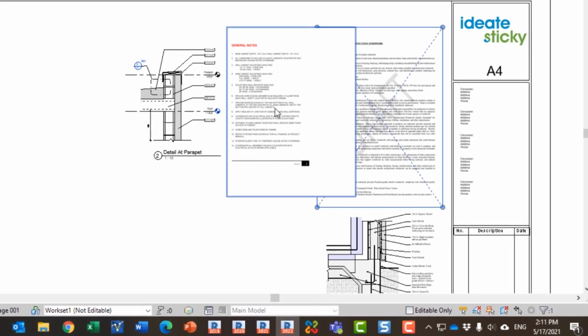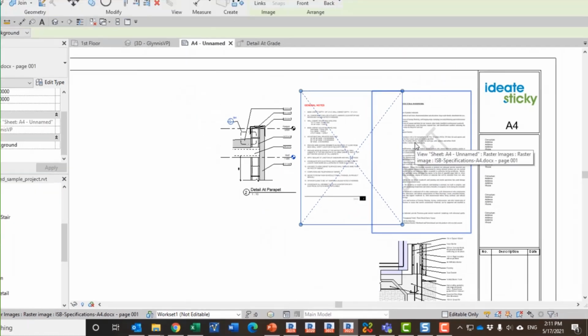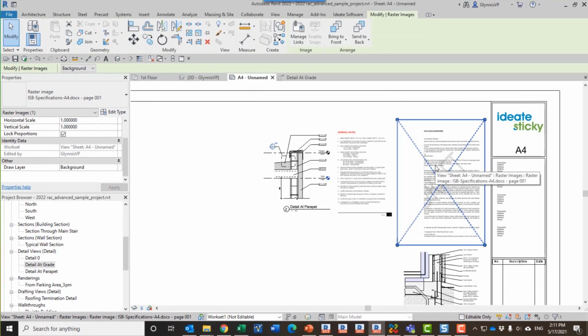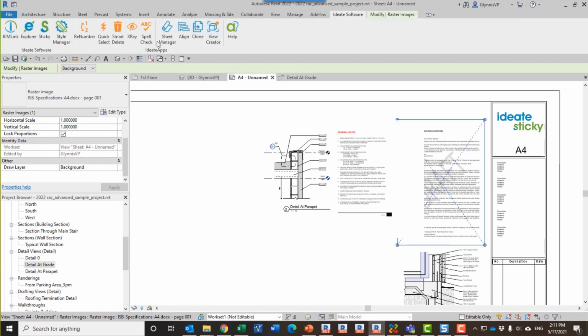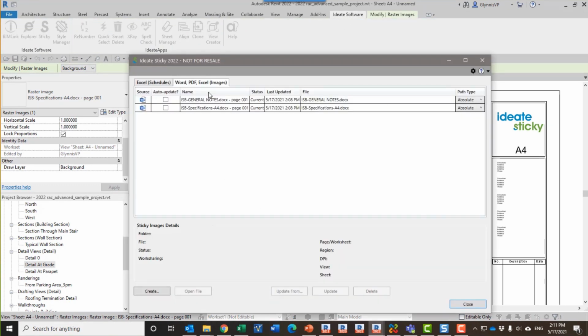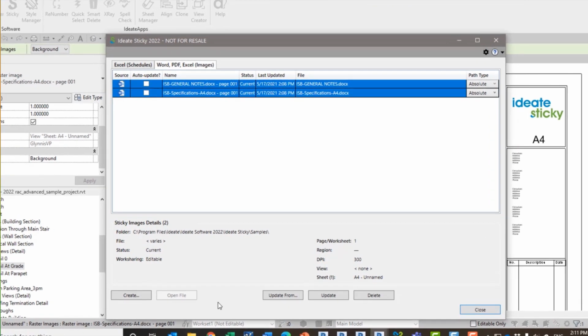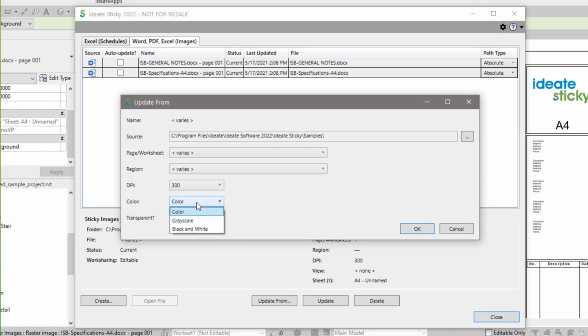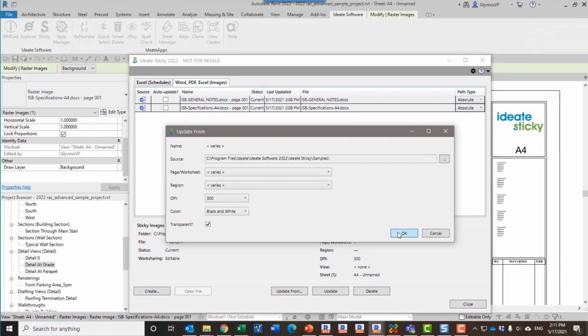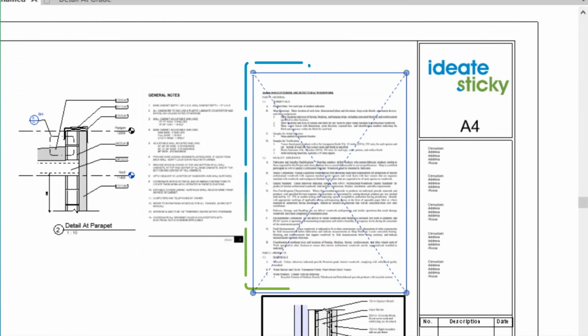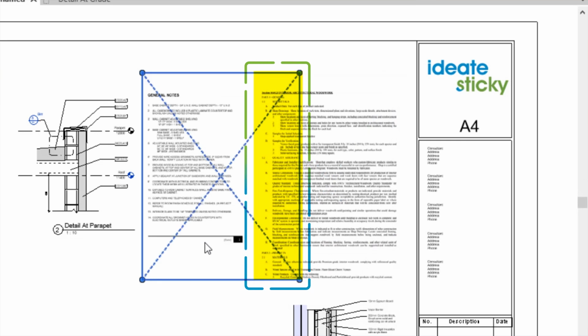Word, Excel, or PDF documents are managed as images in Sticky, and in the previous release were opaque. This made it impossible to overlap pages within the margins, as we see here. You can update your existing Sticky images by selecting them all and then using the Update From button, as shown here. Enabling color options and transparency gives you greater control over your sheet layouts and ensures that important information is